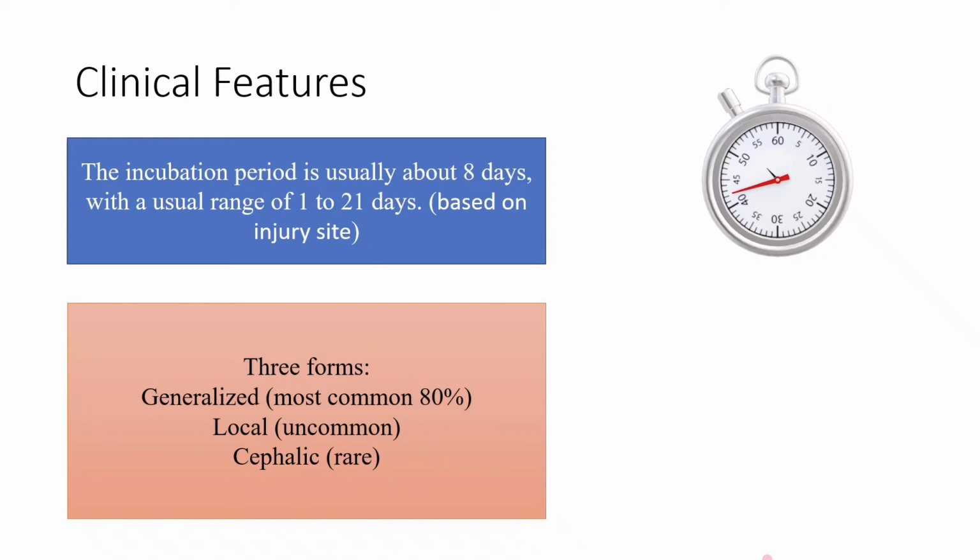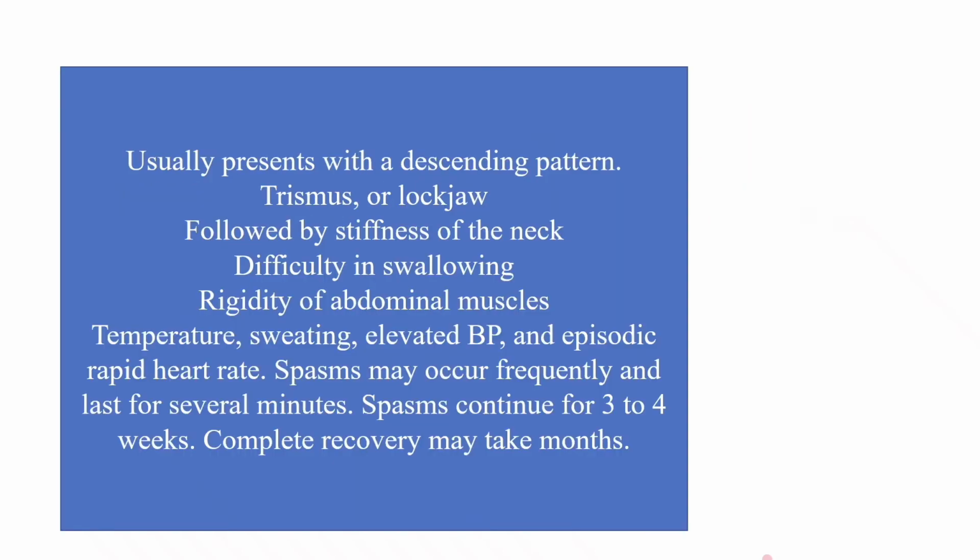We come across three kinds of manifestations. One is generalized, which is the most commonly seen, in 80% of the cases, and sometimes we can see local or cephalic manifestations. Coming to the generalized manifestation, it usually presents with a descending pattern. Initially, trismus or lockjaw will develop, followed by stiffness in the neck, difficulty in swallowing, rigidity of the abdominal muscles,